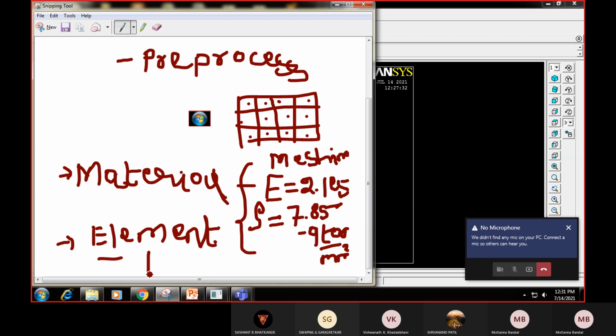It can be 1D, it can be 2D, or it can be a 3D like this. Once the elements are defined, I will be assigning the section properties. Section property refers to this: suppose I define a 1D element like this, it will have some cross section area like this.